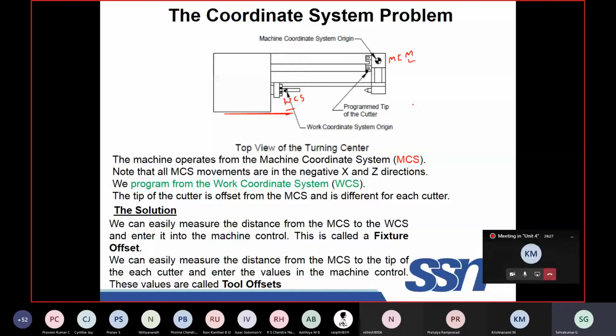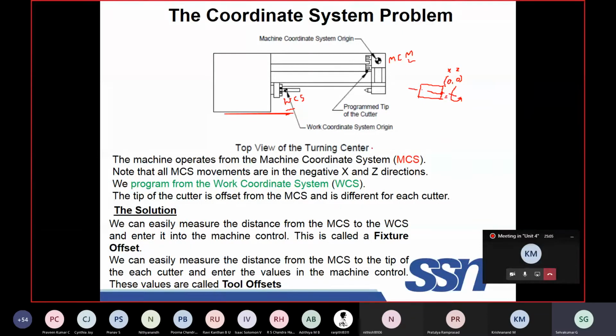The program will allow you to set any point as your convenient reference point. So all programs are made this way. Suppose I am fixing a job like this. I want to do a turning operation. This is my job, which will be revolving about this axis with a certain RPM. This point is 0, 0. It means the diameter, the X value, will be 0 here, and Z, the length of cut or length of the job, is also 0. This is the work coordinate system you can define.